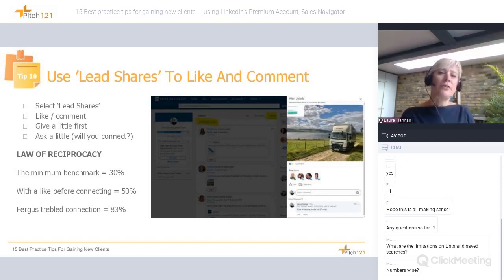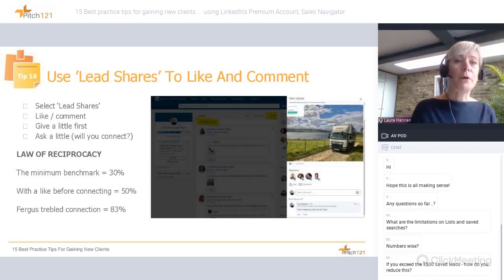Now, lead shares. I would recommend that you spend the most time on lead shares. So where you've got your home page, you can actually filter that down into types of feeds, and lead shares are good because it's what the people that you've actually saved into Sales Navigator are posting about. And when they post, you can comment and you can like their post. People are really grateful for that, because often they'll end up with 2 likes, and the fact that you are helping their post, you're showing interest in them, means that you're giving a little bit first before you ask a little. So actually commenting and liking on a post before sending a connection request, saying, hey, I saw your post about this, thought it was really interesting, would you like to connect,